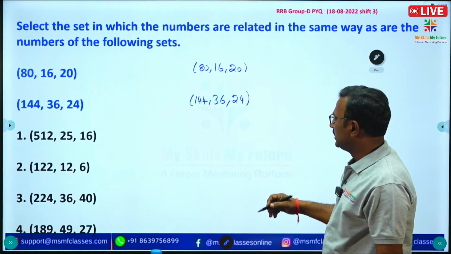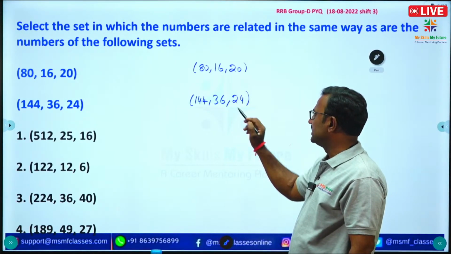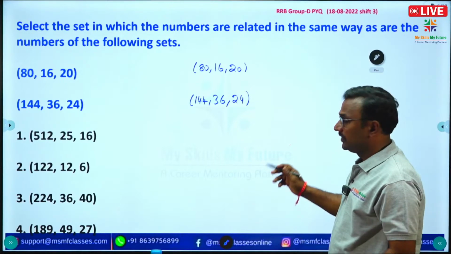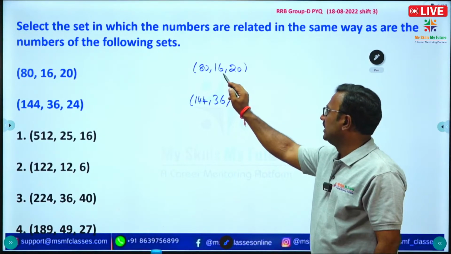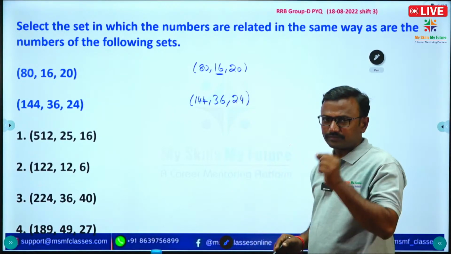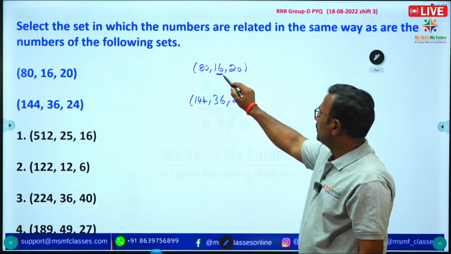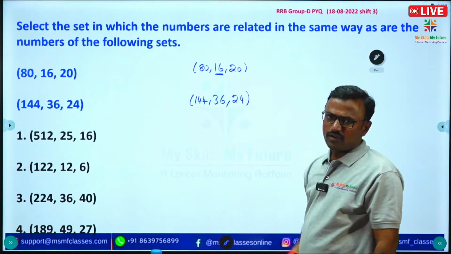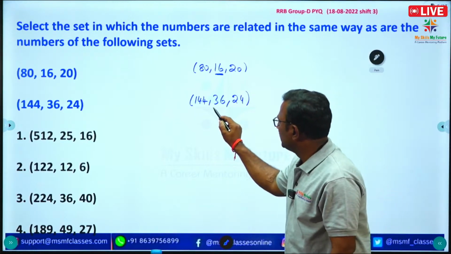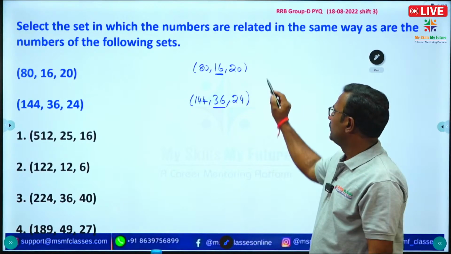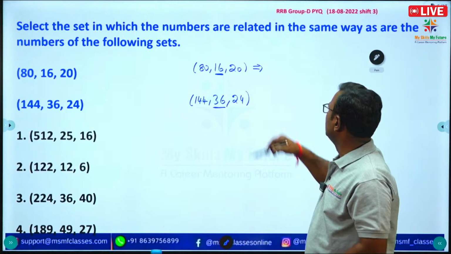In the next set, 144 is there, 36 is there, 24 is there. If you observe, the second number of the set is a perfect square. We can write this as 4 square, and this as 6 square. So if you see what the logic is here,